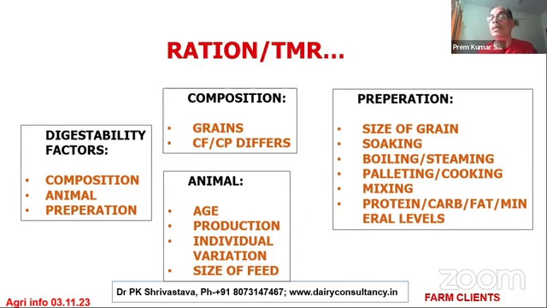Then the variation. If you are eating the same ration, I think you'll be bored someday and there will be chaos in your house. For the cow also it is the same thing. The cow cannot create chaos, but the cow can stop eating. At least that it can do. That is what is called variation. You have to make variation in the feed, and it is possible and easier than feeding the same thing.